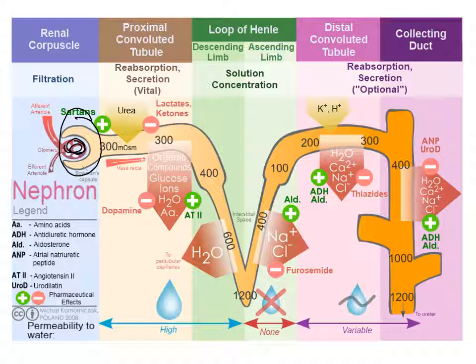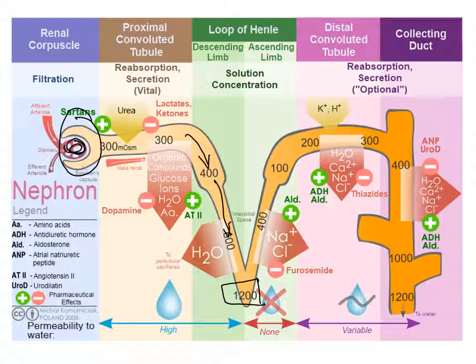The Bowman's capsule and the proximal tubule will actually have the same osmolarity as blood, which is 300 milliosmoles. But the minute we start moving things out, we start moving out water and sugar and amino acids and so on, this filtrate is going to get more dilute. And as we go down the descending loop of Henle, more water is going out, so the filtrate gets more and more concentrated. As we get to the bend of the loop of Henle, the filtrate is at its most concentrated, 1,200 milliosmoles